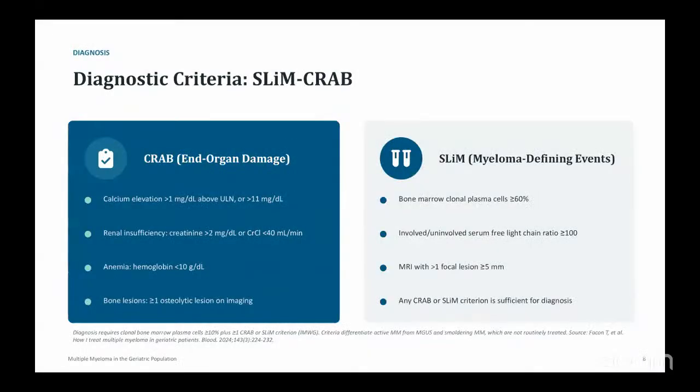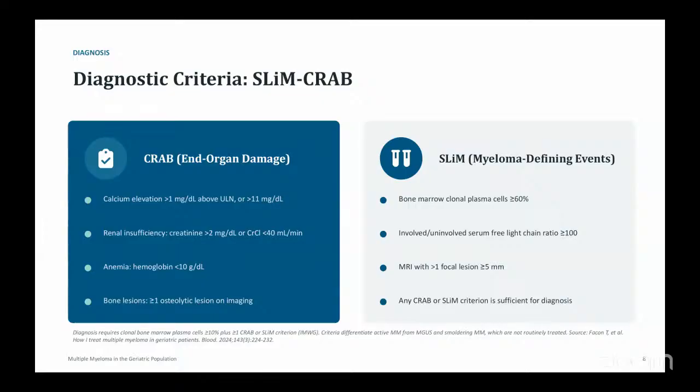Now, while looking at a case of suspected multiple myeloma, there are some criteria that we can use to recognize the disease once suspected. The classical CRAB features, which show us the end organ damage, consist of the mnemonic CRAB: C for calcium elevation, R for renal insufficiency, A for anemia, and B for bone lesions. Those four components